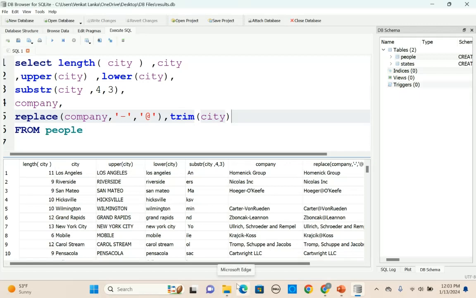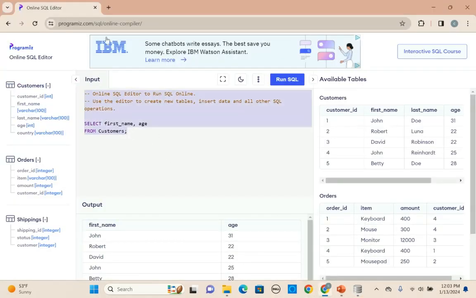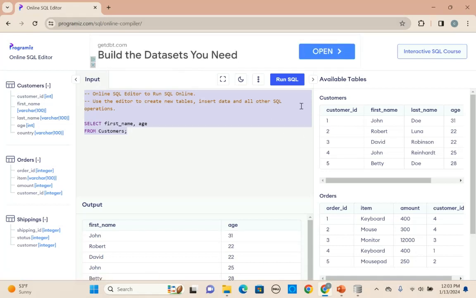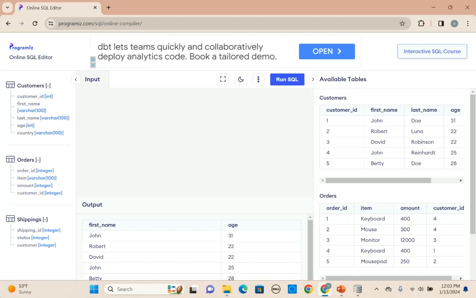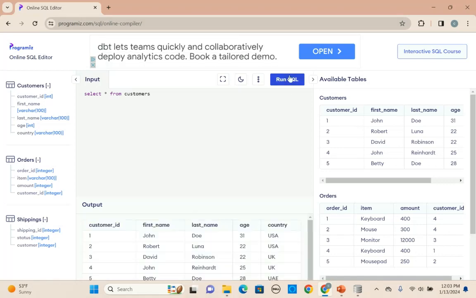Let's go to analytical functions. If you remember, I was telling you, you can also practice your SQL from an online editor. I will show you how to use the online editor now. So I'm going to the online editor. You can use this link and you can see there are 3 tables that are built in and available to you: customer table, order table and shippings table. Now let's use the customer table for our analytical functions requirement. Now we have the data: customer ID, first name, last name,